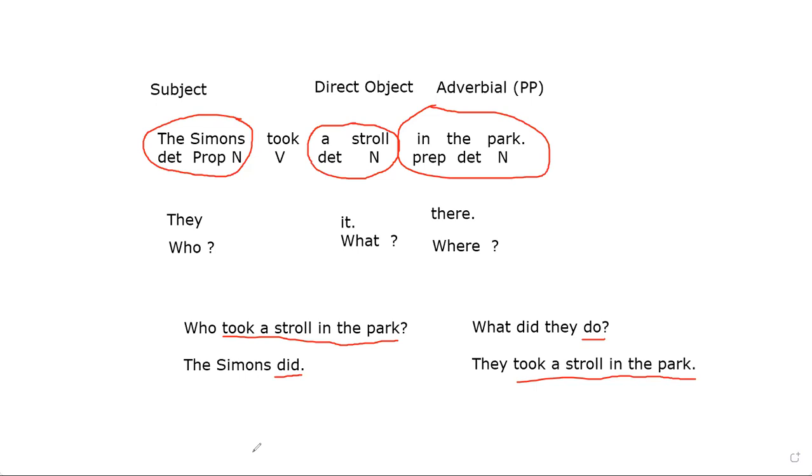That did does not replace the verb took. It replaces the entire phrase took a stroll in the park, right? Similarly, if I ask the question, what did they do? They took a stroll in the park. That do and that did are not only replacing the verb took, it replaces the entire phrase took a stroll